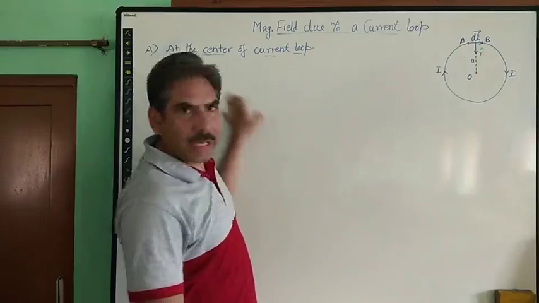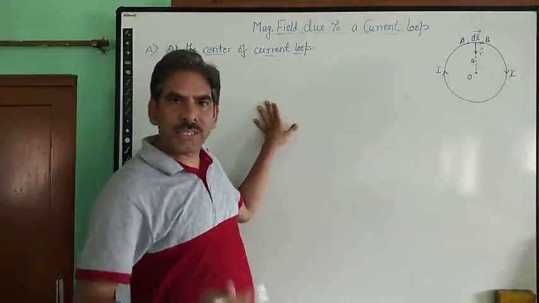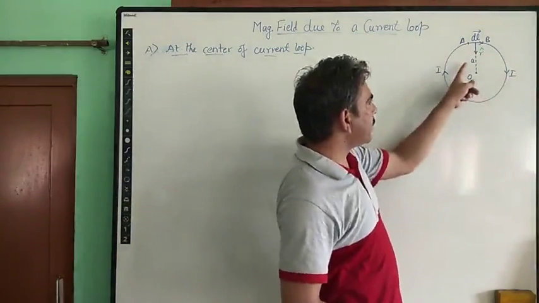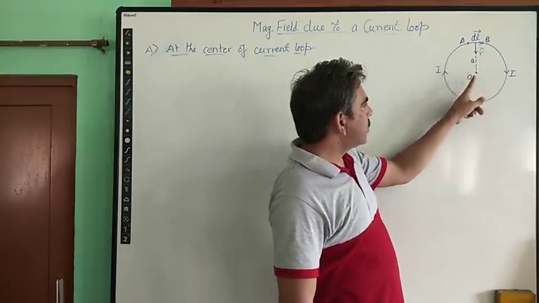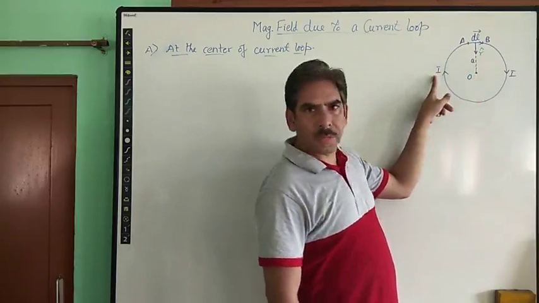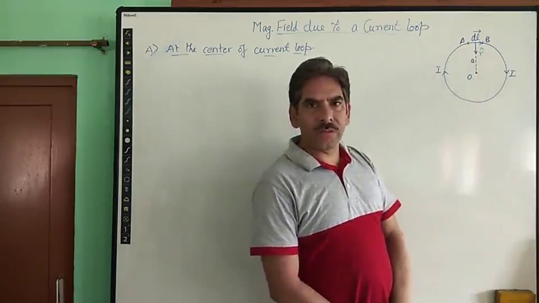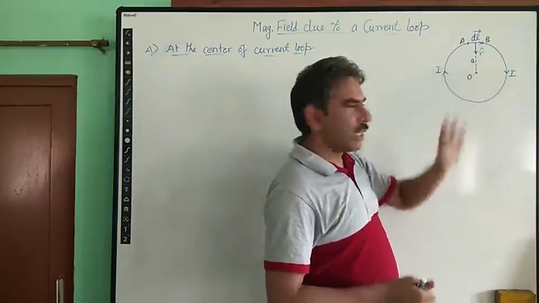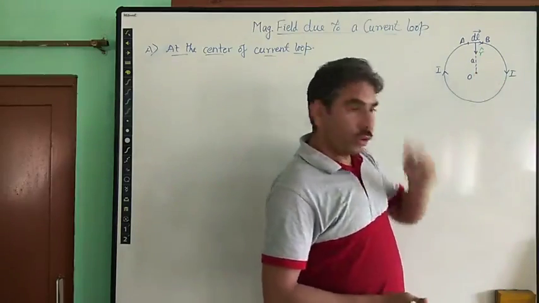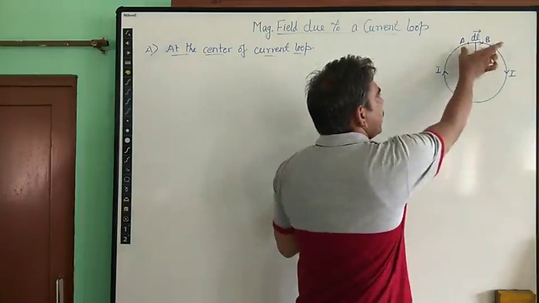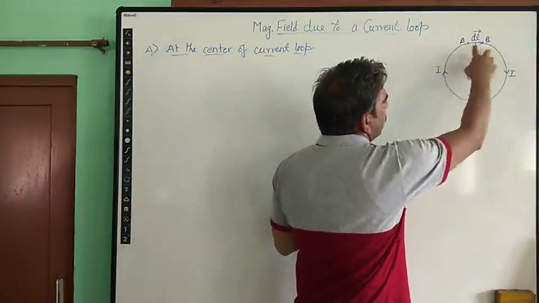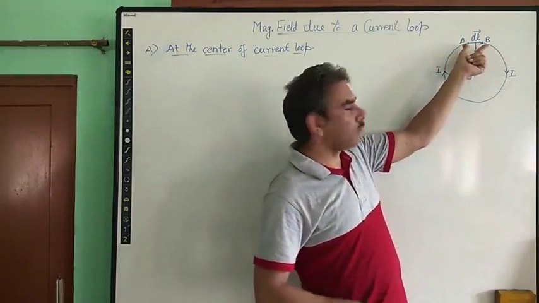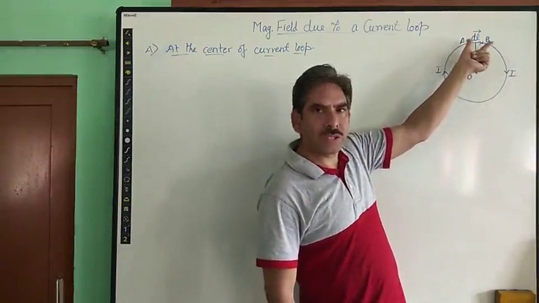So I am trying to find the magnetic field at the center of the loop which is carrying some current. Here is the situation. Suppose we have this loop of radius a, center O, which is carrying some current I. We have to find the magnetic field due to this current carrying loop at its center. To do that, we take a very small portion of this loop, of length dl.